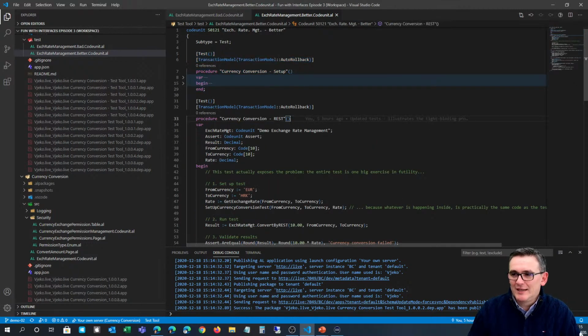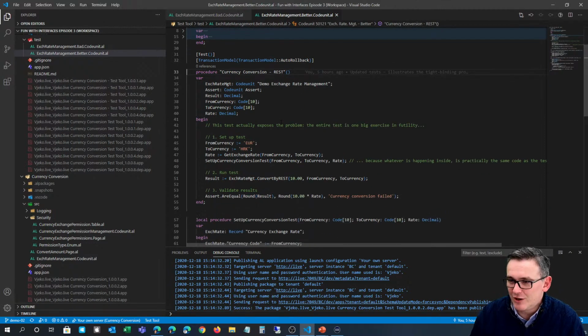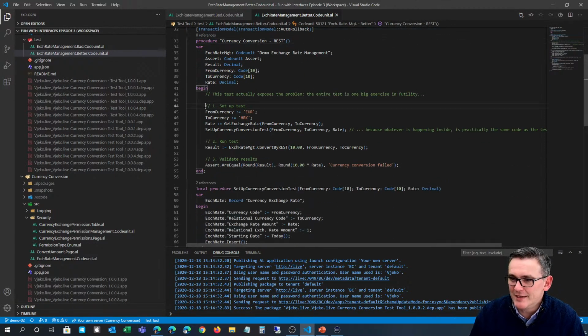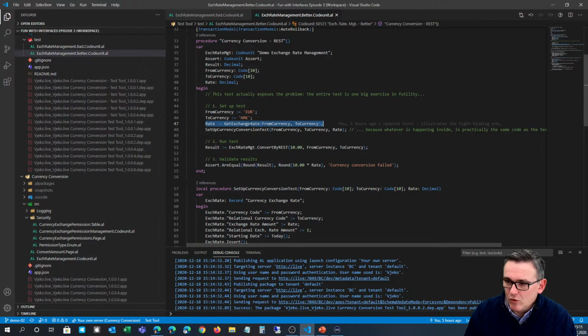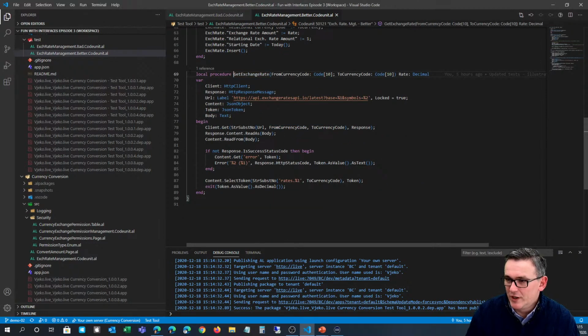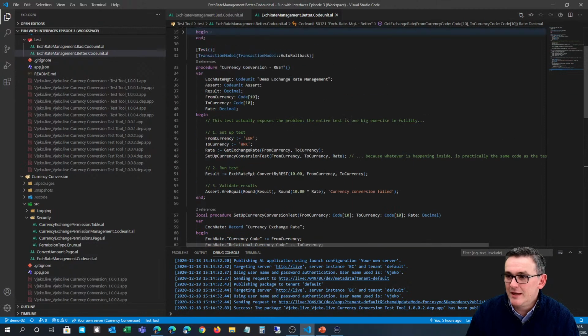But let's take a look at currency conversion test, which is written using this better looking structure. So I try to set up my test. What I do is I specify which currency I want to use, and then I retrieve the currency exchange rate from my exchange rate service. When I take a look at this, what I do here is I simply go to the same URL that I will use to convert, and then I'm going to retrieve the currency and then return the rate. And then I'm going to use that rate to